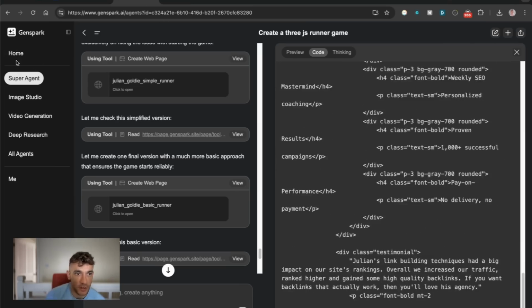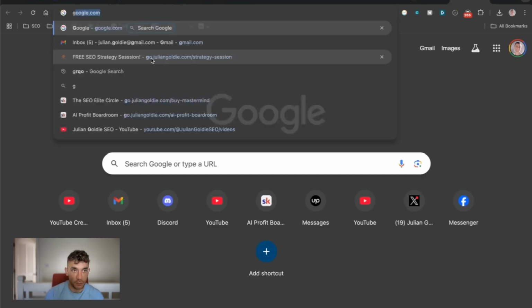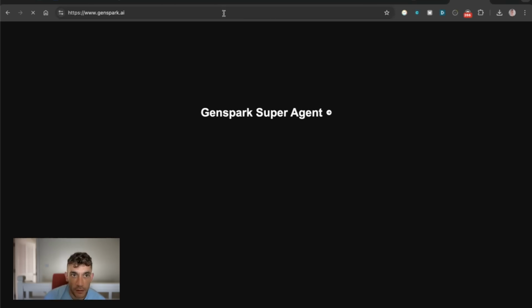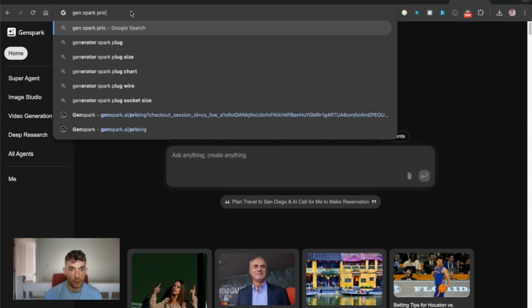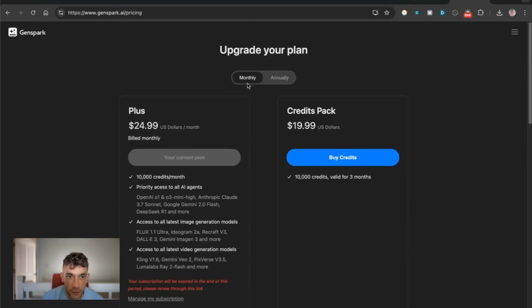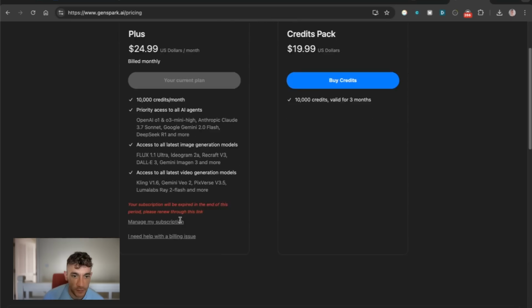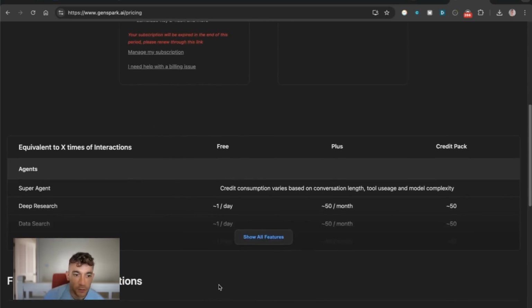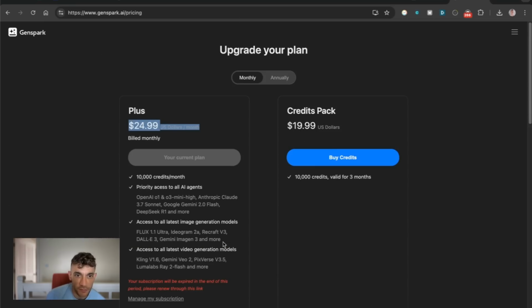Let's have a look on the homepage here. So if we go to Genspark AI, I think it will have pricing on the website. Let me find the pricing for you. All right, so here's the plans. So if you do monthly, it's $25 per month. If you want to buy more credits, it's $19. I've absolutely rinsed this. So I signed up for the $25 package, and I think we've used about maybe 7,000